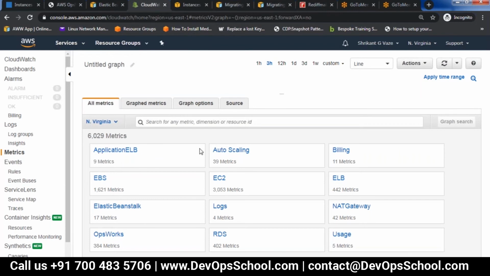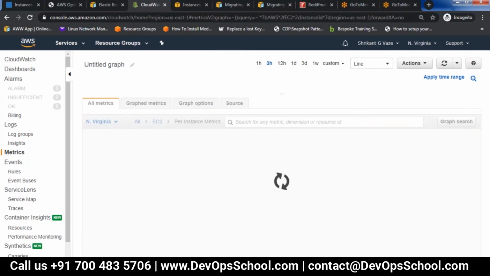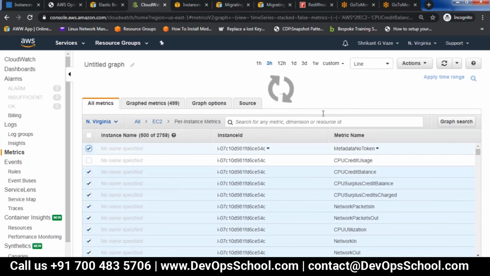Depending upon the region, there are so many regions showing here. And suppose I go to EC2 instance, you will see per instance metrics. Now if I select a few of them, these are actually from the old instance.